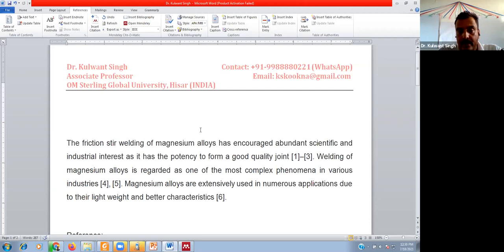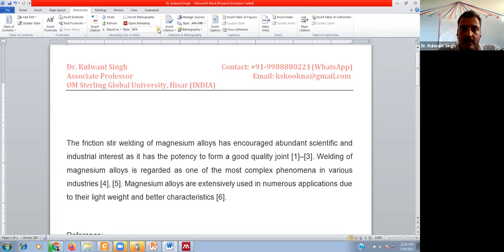by bad luck, it may be rejected by the journal during the reviewing process, and we have updated this document or this article, and we want to send it to another journal. There may be a change in the reference style preferred by the other journal. Then we have to change the citation as well as the reference according to the journal requirement. Means we have to change the reference style.